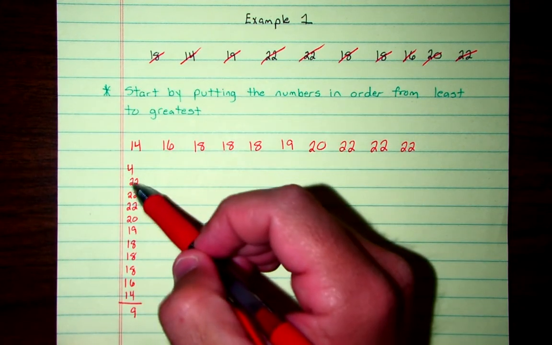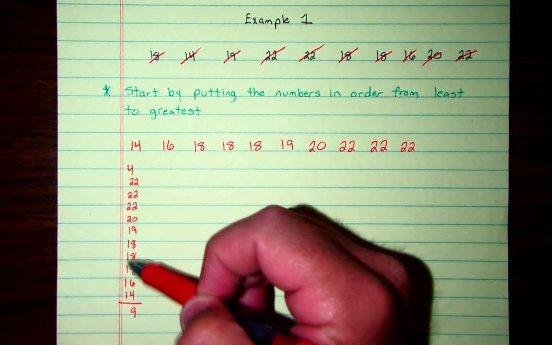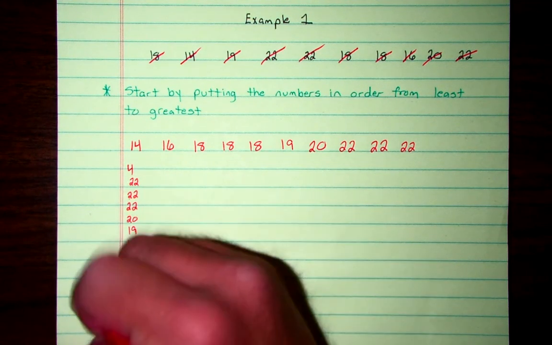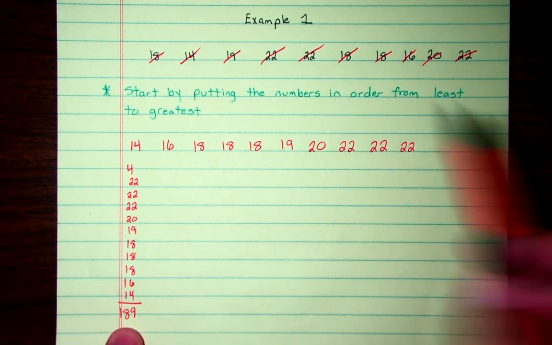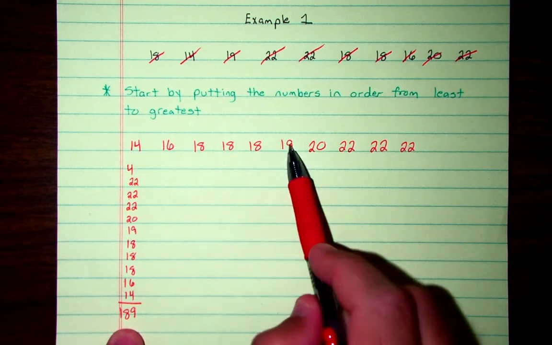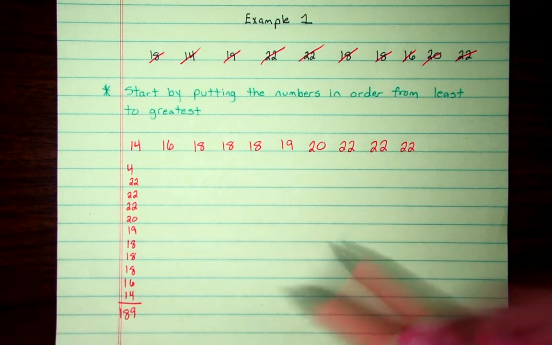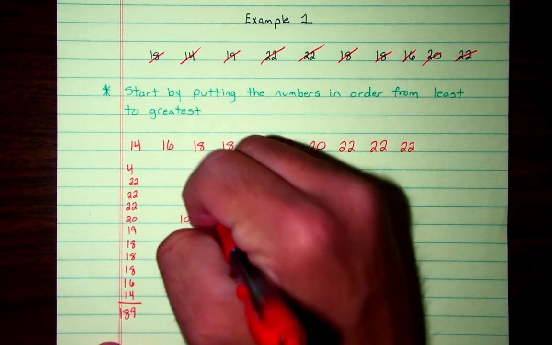4, 6, 8, 10, 12. 13, 14, 15, 16, 17, 18. So I added them all up. I got 189. But how many numbers did I add? 1, 2, 3, 4, 5, 6, 7, 8, 9, 10. So I'm going to do 189